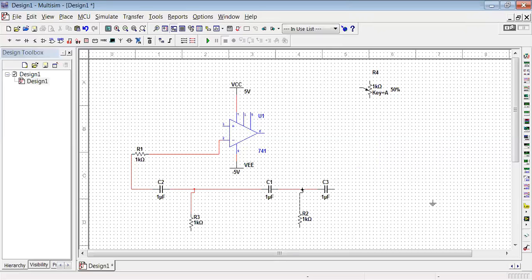Then connect this R2. Then connect this resistor to the resistor. And this capacitor connect it to pin number 6, and pin number 3 is grounded.